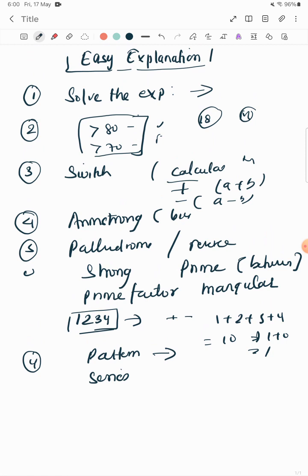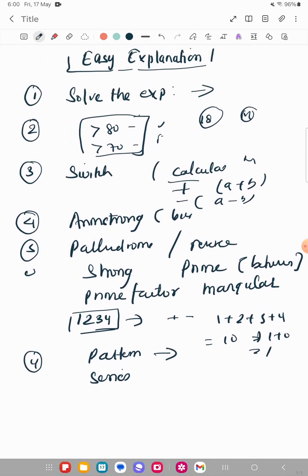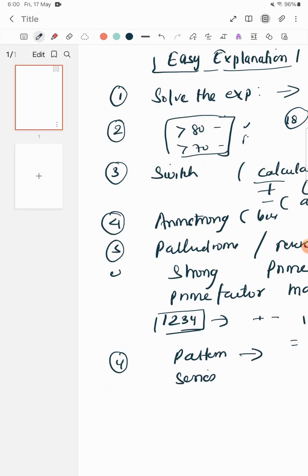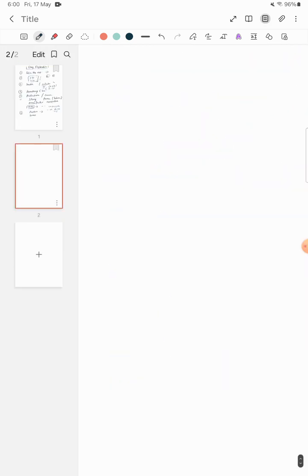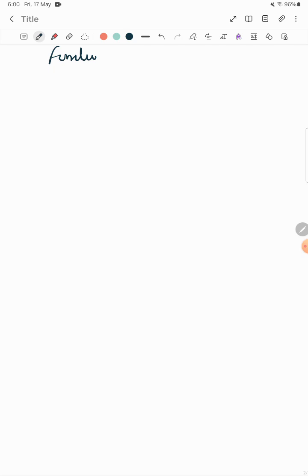So this question is from control statements. Without further delay, let's go to the next topic. The next topic is function. The theory questions I have already discussed. From the function chapter, they can ask